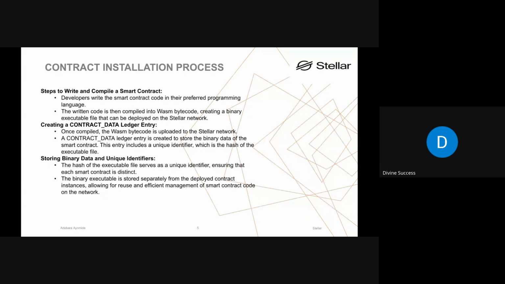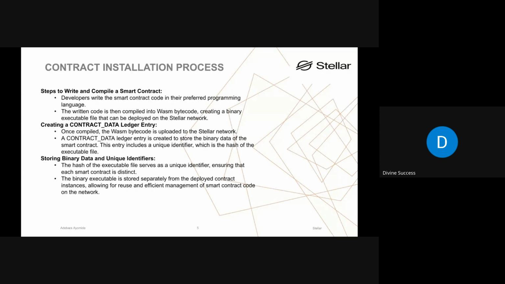Stellar Soroban integration. So we first of all talked about smart contracts, and then we got an introduction into the Soroban platform, which is written in Rust. And we talked about how we write our smart contract using the Soroban platform.